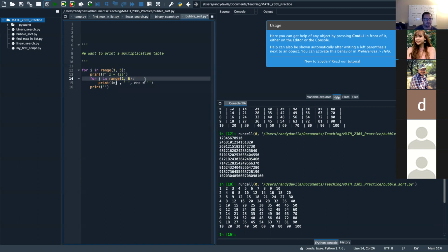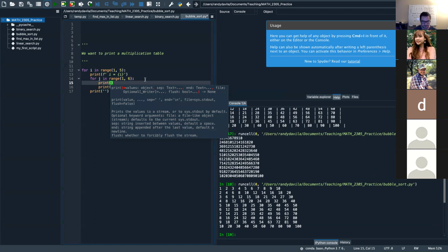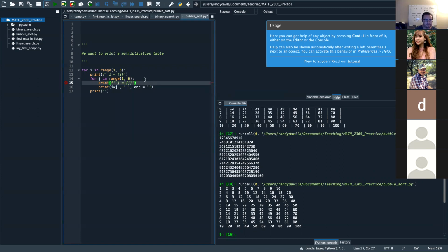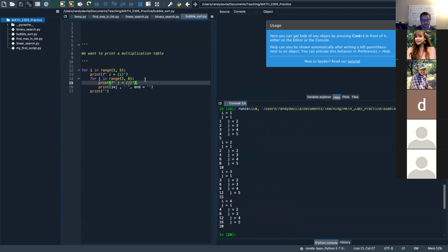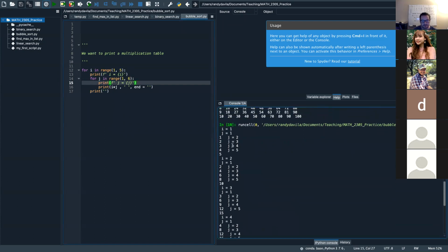And then inside of here, I'll say print, use that same F string thing. J is equal to, and then I'll convert J to there. Let's see what that does. It's kind of ugly looking. So this is not making a table. I'm just going to show you